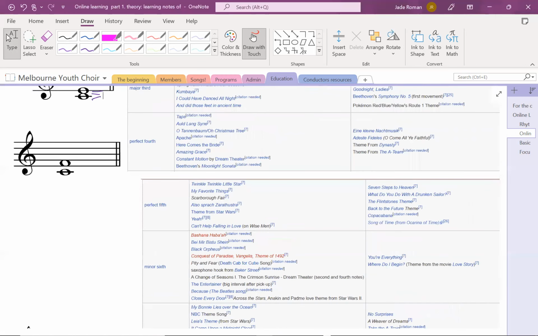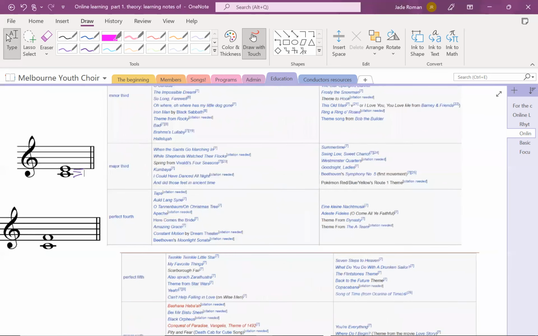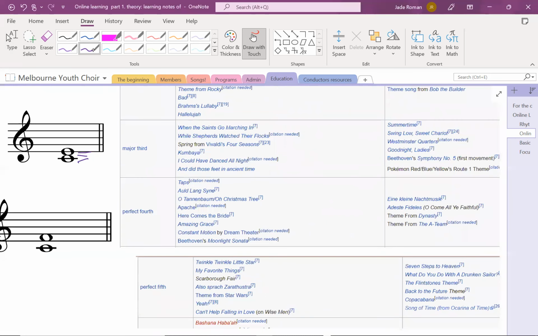Oh, where did the other ones go? They all got moved down. That's okay. Then we have a perfect fourth, or just a fourth. So 1, 2, 3, 4. The one I use is the Australian National Anthem. Australians, oh let us rejoice. That is a fourth interval. Another one they recommend is Amazing Grace. Or they suggest,